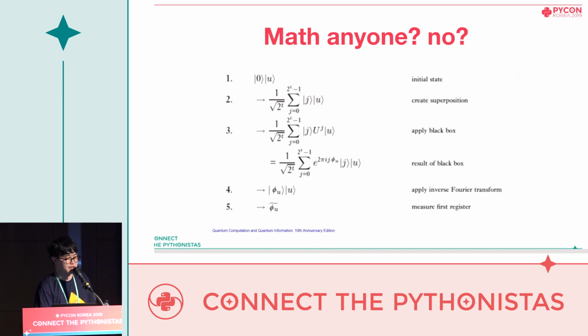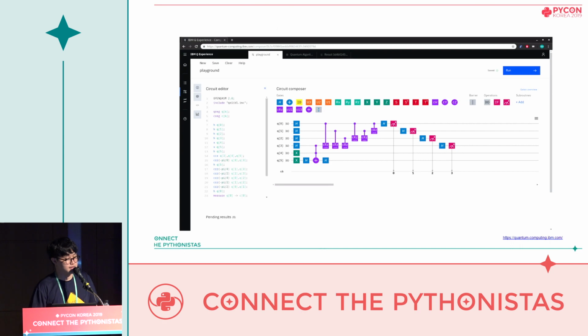Note that the Fourier version gives us 1 over the period, while the inverse Fourier version gives us the phase value. And this is the quantum circuit of Shor's algorithm using an inverse Fourier transformation designed in IBM Q Experience. Note that we are using the CRZ gate most of the time, which is called a controlled Z gate. This gate applies a certain amount of rotation to the controlled qubit when the other qubit is 1. For more information about this circuit, please visit the IBM Q Experience site.